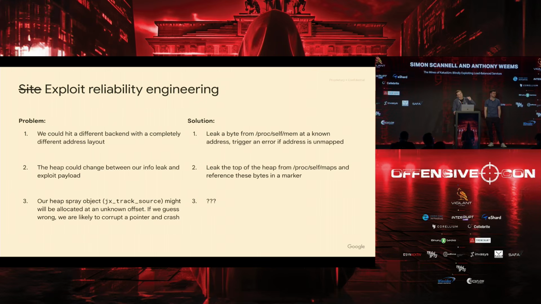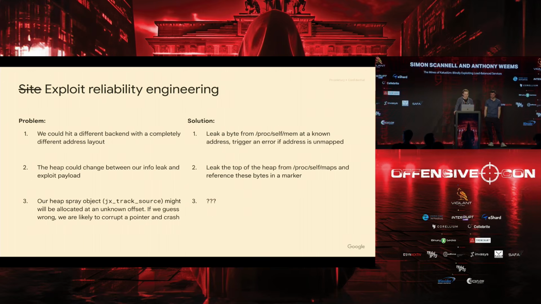We know what byte should be at the top address of the heap, and we know where it is because we already leaked this file once. So we just put in another comment marker conditional jump thing, and if the byte is what we expect, we keep going and do the rest of the exploit. If it's not what we expect, we do an invalid marker, and then Kakadu bails out early.